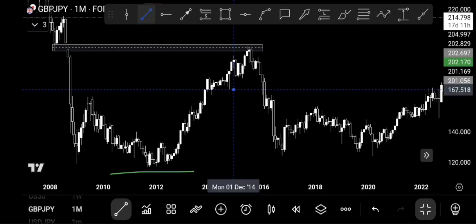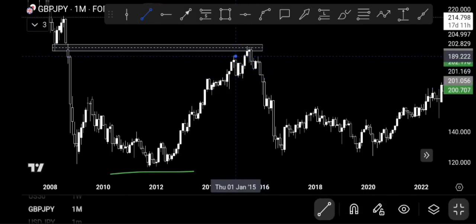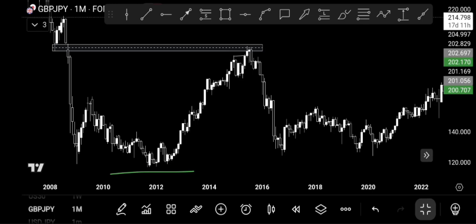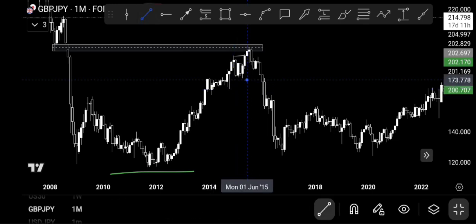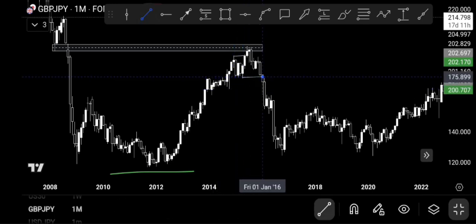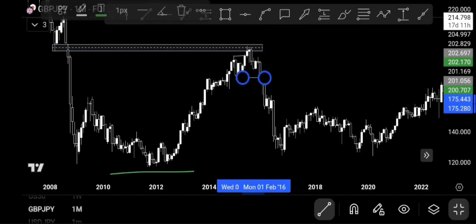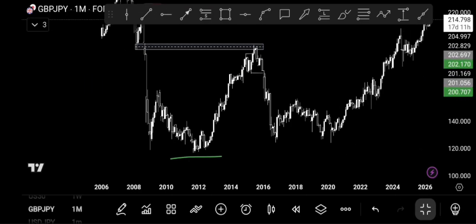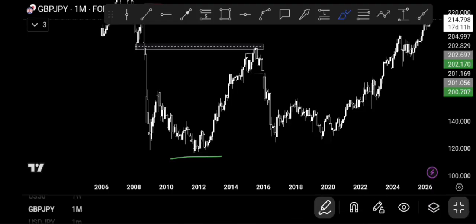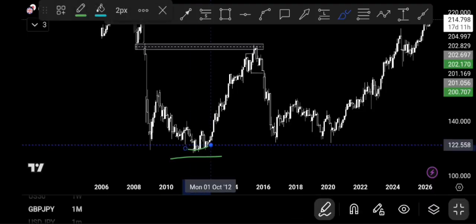The price did sweep liquidity. What happened here? Price also broke structure here. This is a range. Now, from this swing low to this swing high here,